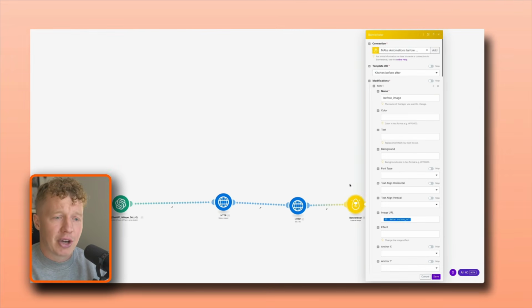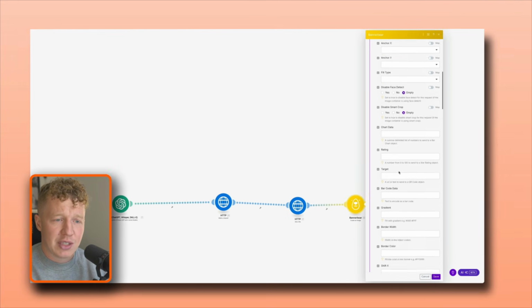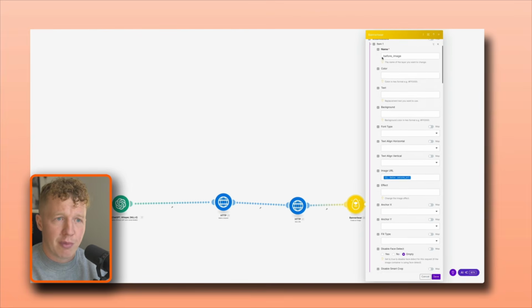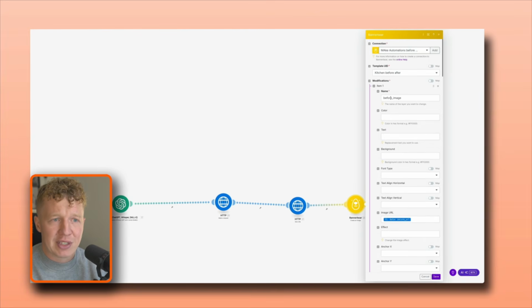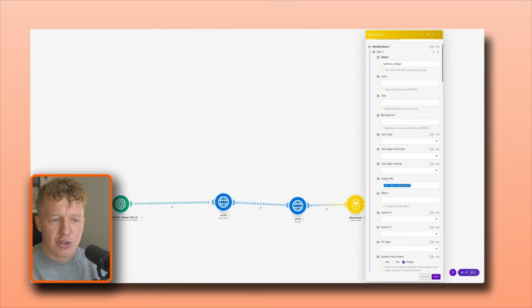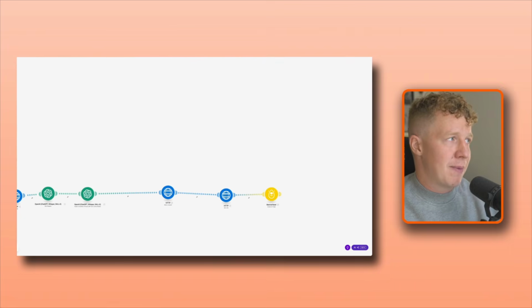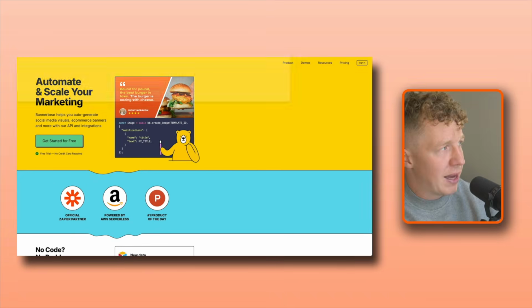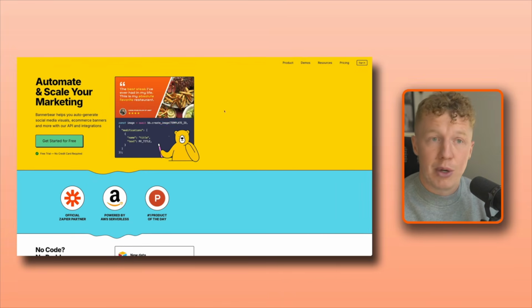But then we're going into Banner Bear and we're uploading all of our different images as different segments. So for example, the before image, we've got the name before image, that is the before image on Banner Bear. I'll show you in a minute. And then we're uploading our secure before image URL of the output of our Cloudinary. So if I jump into Banner Bear and show you what that looks like from a builder's perspective,